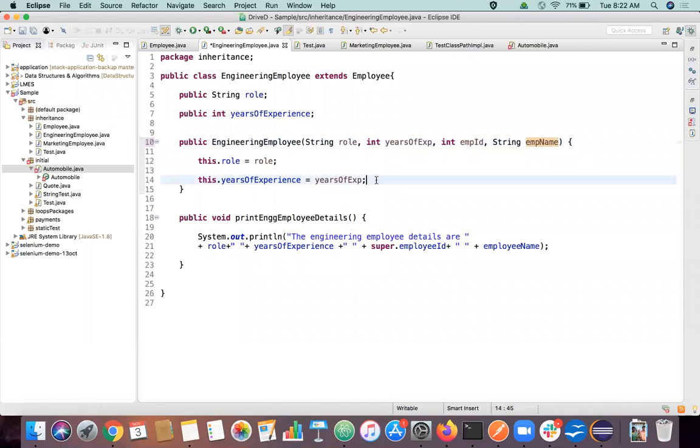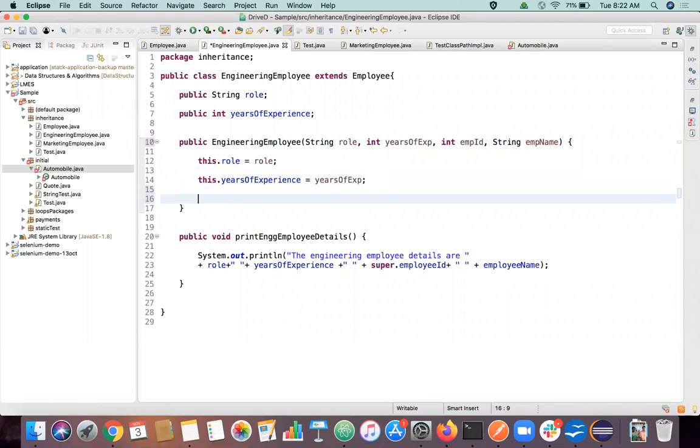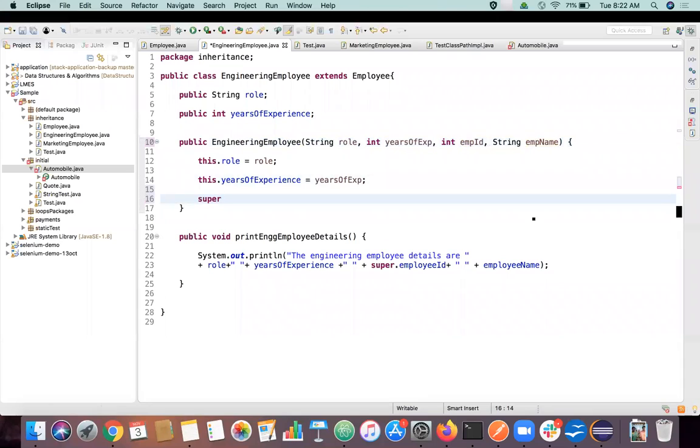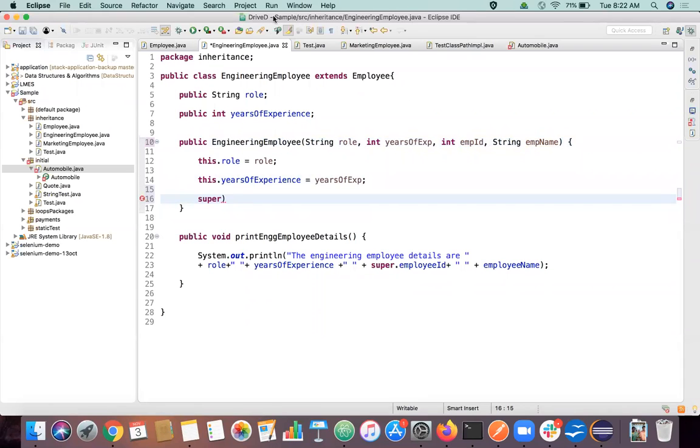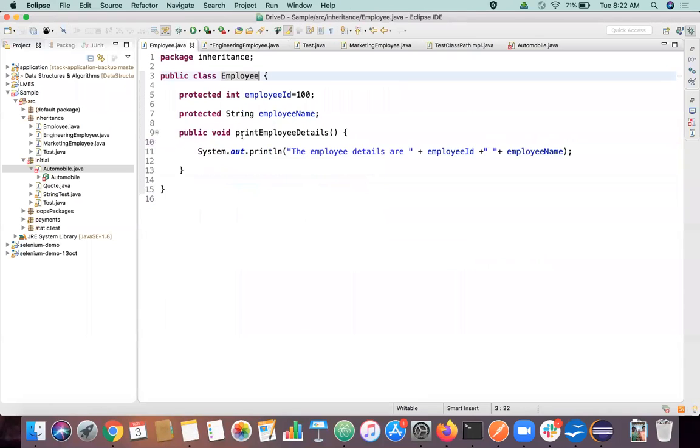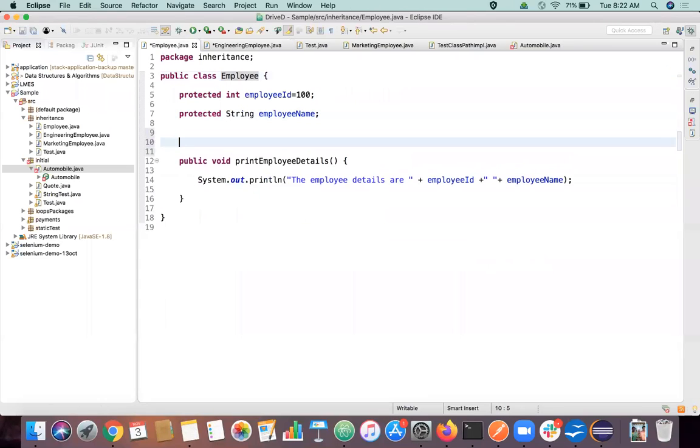Then you can use a super keyword here again to call the constructor of the base class. I can just say super. I have to create a constructor here for that. Well, you just create a constructor, public employee,